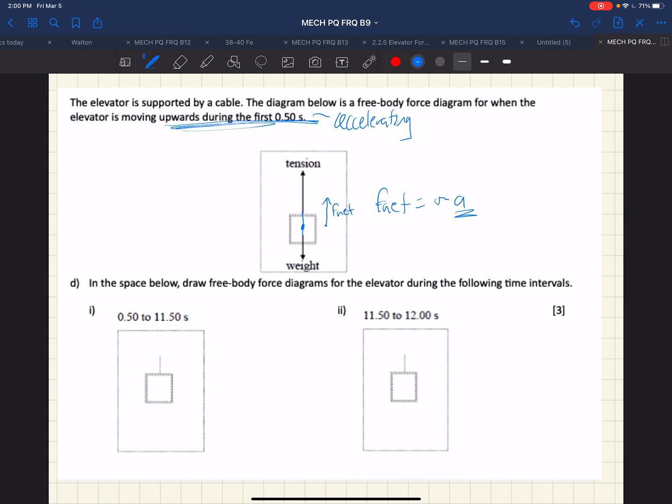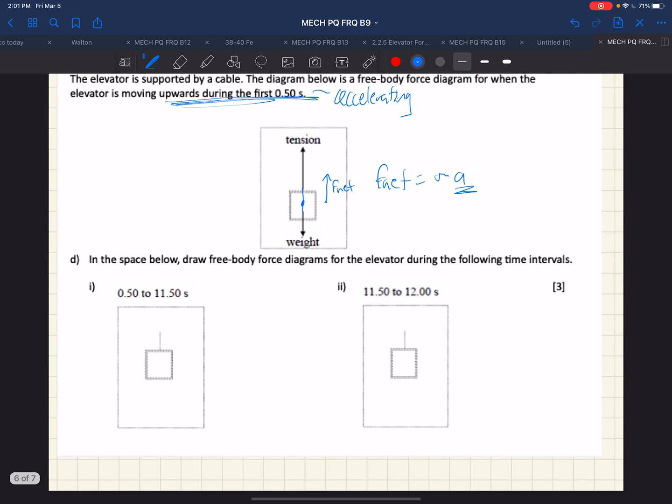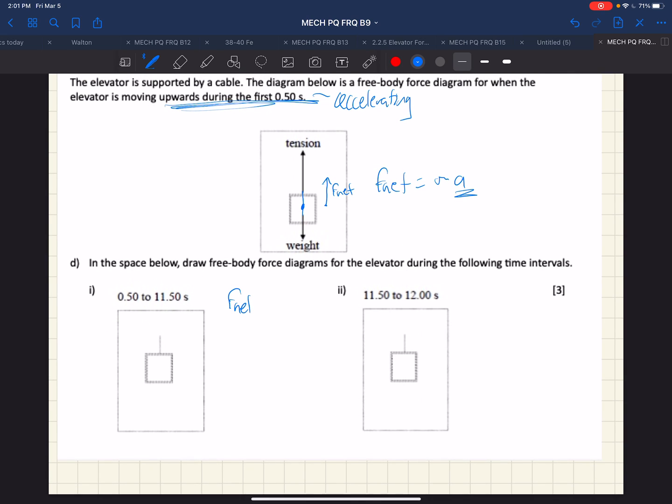Now down below, we're asked to draw the free body diagrams during the following time intervals, 0.5 to 11.5. Well, 0.5 to 11.5 is that time when the velocity is constant. And if the velocity is constant, then the acceleration is 0 and the forces are balanced. So we have been given as a model the size of this weight, and we want it to be the same size as the other, Fg. And so we know that also the tension must be equal,